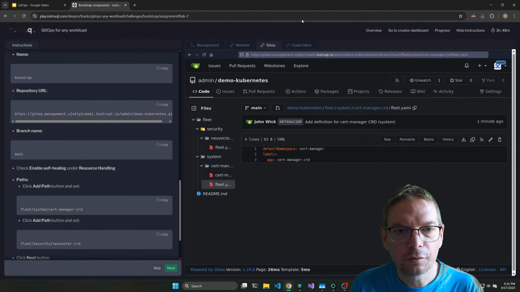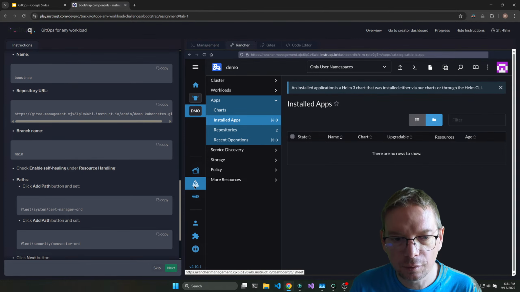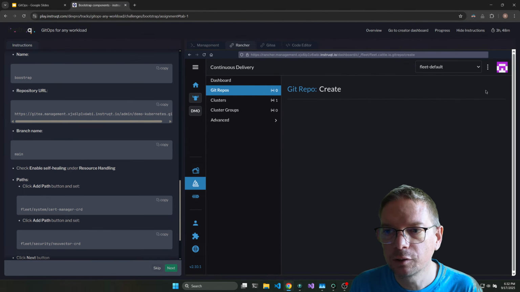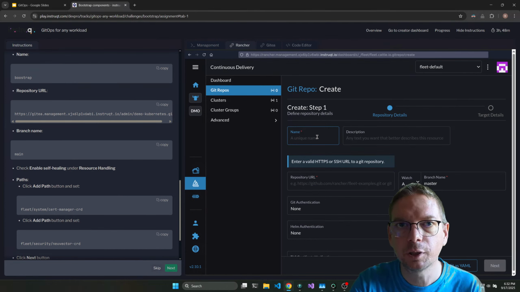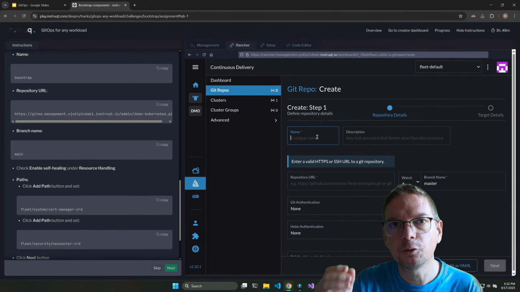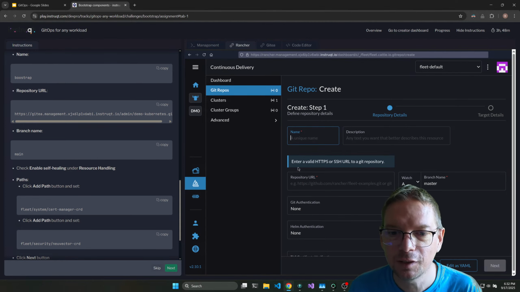Once I've got this, in Rancher I will use Fleet. In Rancher, Fleet is this little chip here. I will create what is called a Git repository. Again, this is specific to Rancher and Fleet, but if you are using Argo CD or Flux, it will be the same thing. You need to make a definition in the GitOps tool to link with the Git repository. That's all. You will see it's very easy.